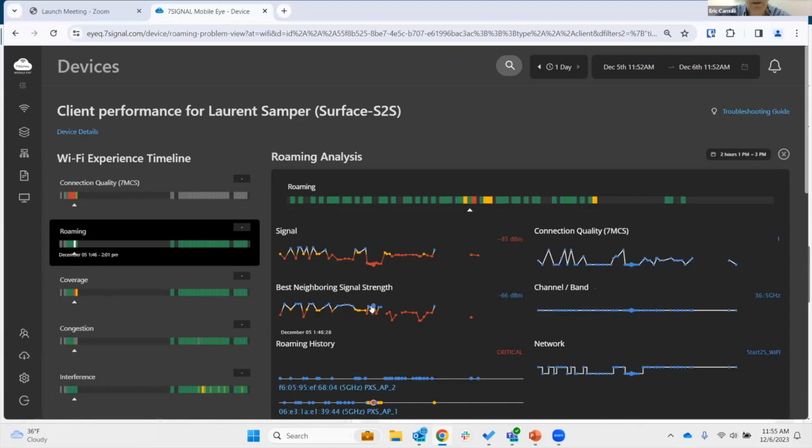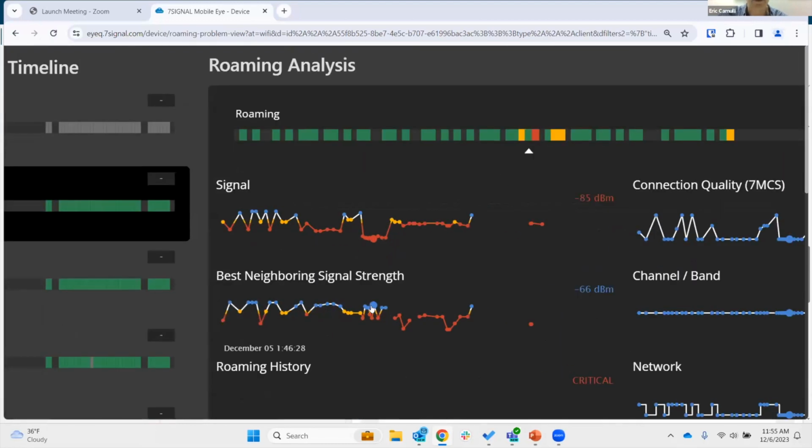You see this? Let me mouse over this for you. Here's an example of a device connected at -85 when there's a perfectly good access point right over their head at -66. Can you go to the Wi-Fi network guy and say, hey, make a change? No. The network is designed properly. There's an access point right over your head. You see that little blue dot in the ceiling? Here's the problem. You're not connected to it because your device made a poor decision.